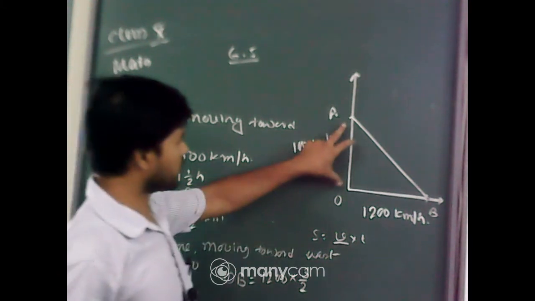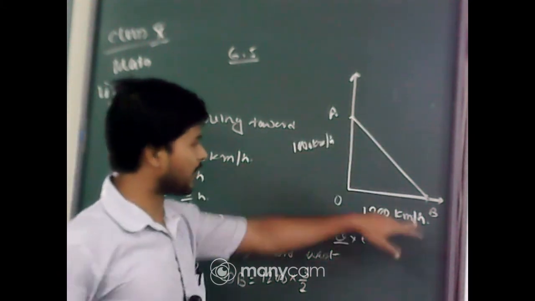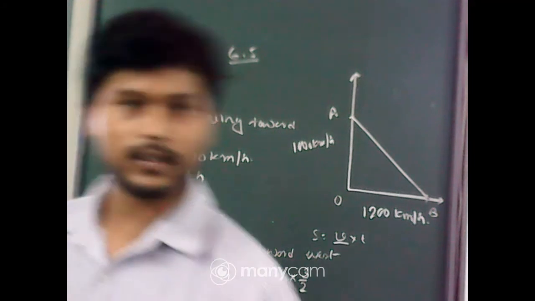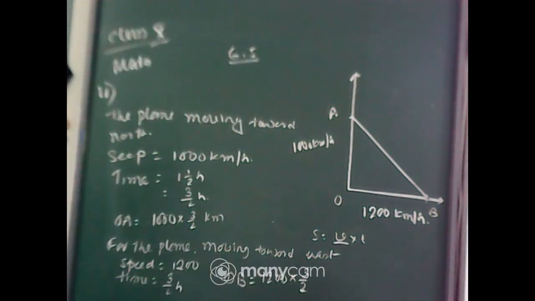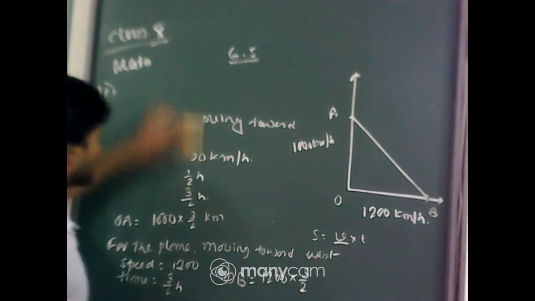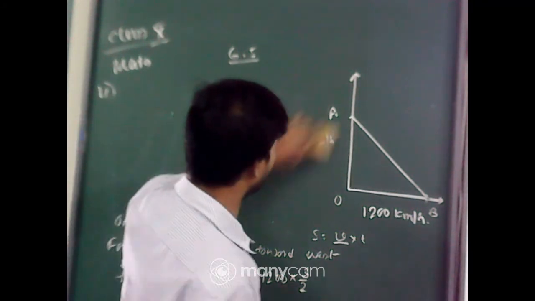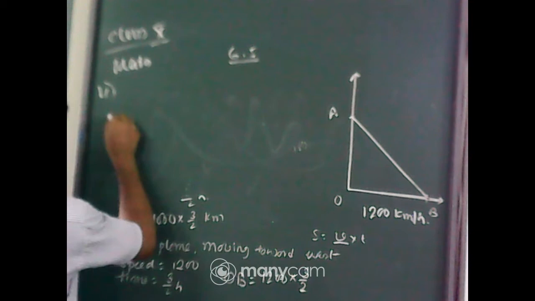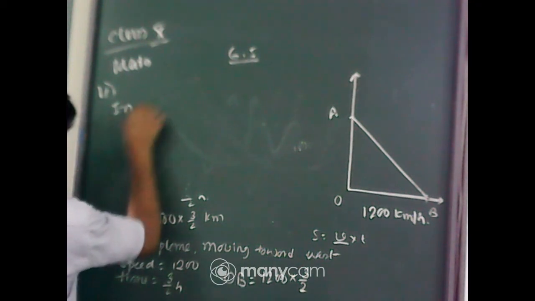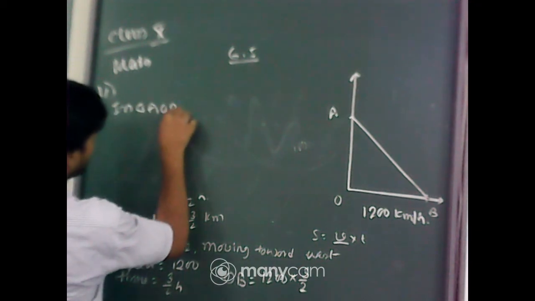So OA is known, OB is known, and AOB is a right angle triangle. So now consider the triangle AOB and apply the Pythagoras theorem. In triangle AOB, we have